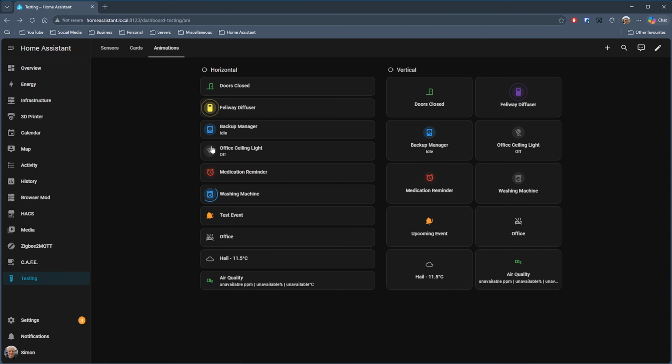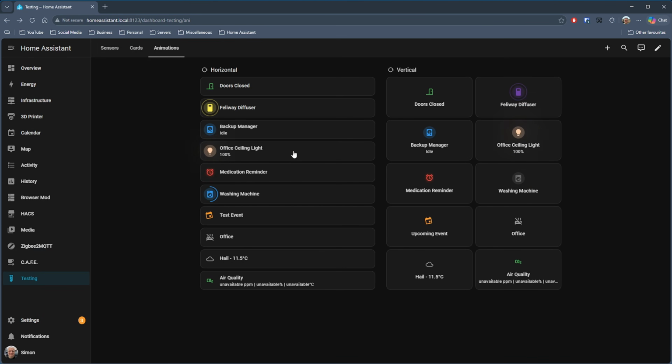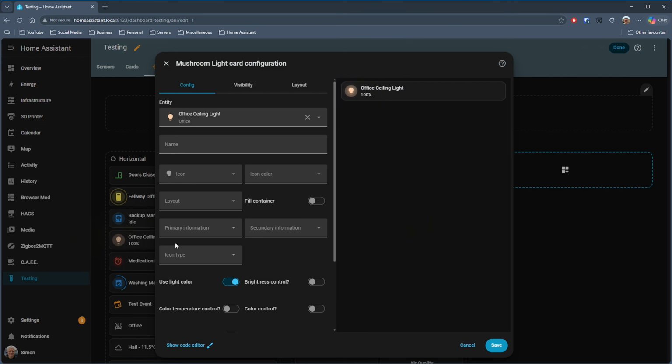Now the next one is for lighting, and this uses the mushroom light card, and with this you get a nice glow effect when the light's switched on. It uses the color of the light, and it's relative to the brightness levels you have the light set to. With the brightness at 25%, it's quite subtle, but when you get up to 100%, then it's a bit more